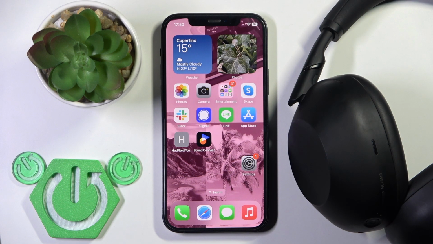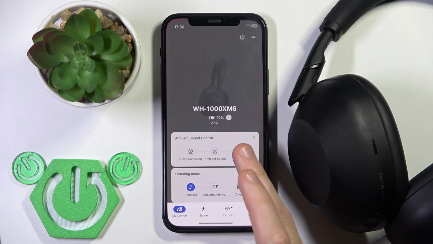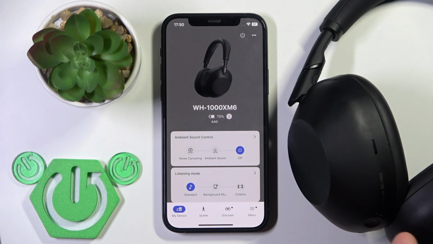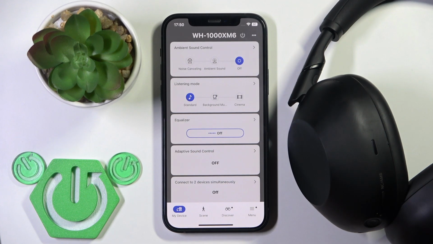You have to start by opening the Sony Sound Connect application, and if you added your headphones to the application, you will see them here. Now you need to scroll down, and right here in the third line we have Equalizer,